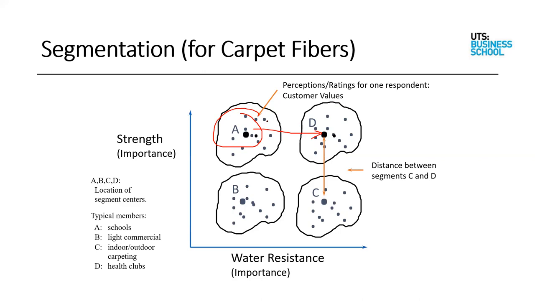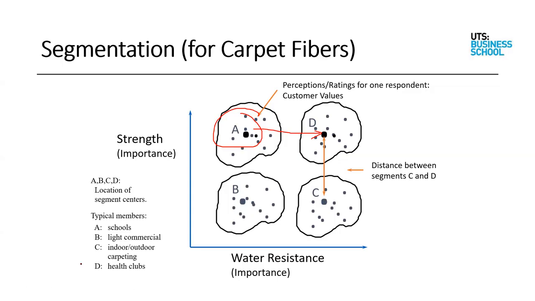Should they increase the quality or the water resistance of the carpet fibers and reposition the brand, and how can they do it successfully? So that is an example of perception,